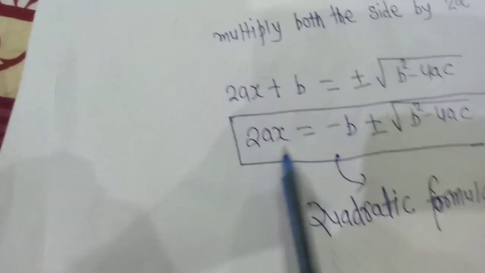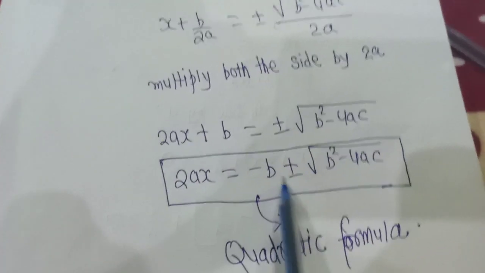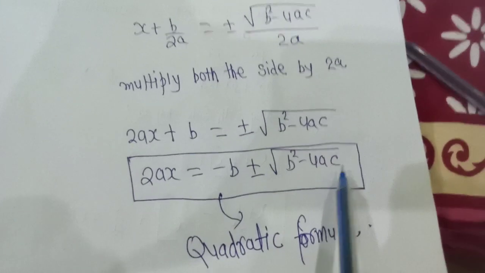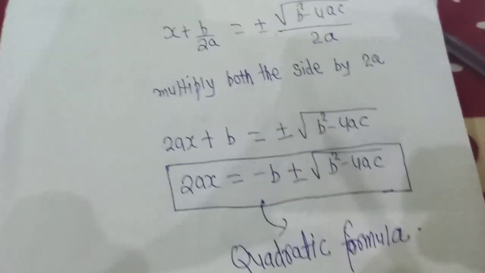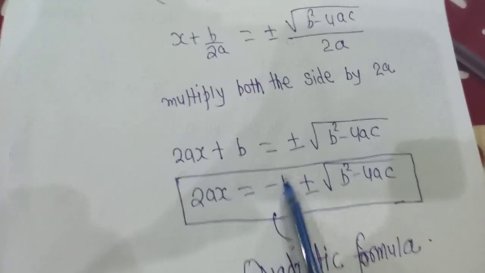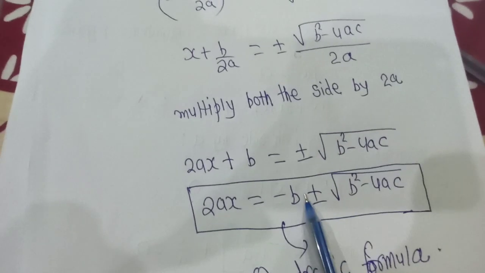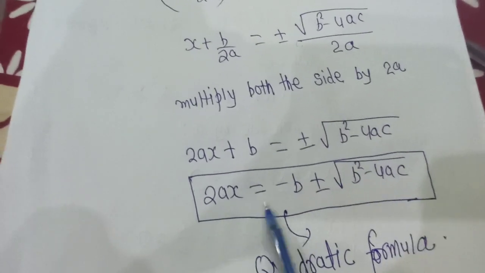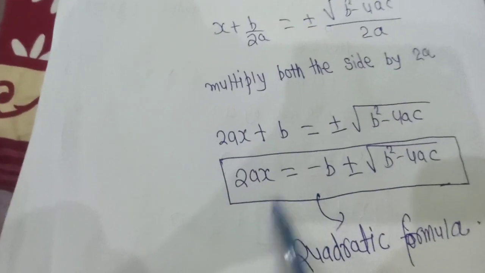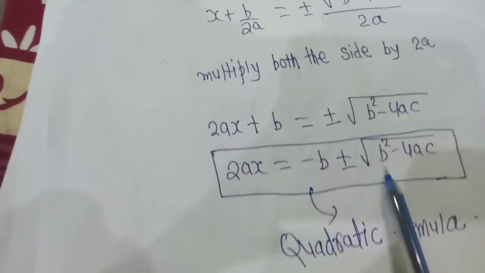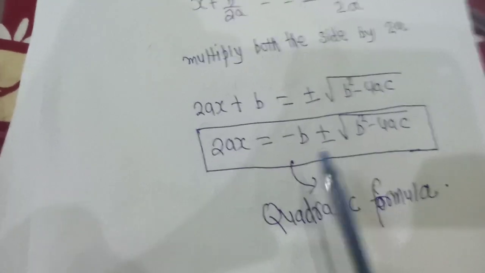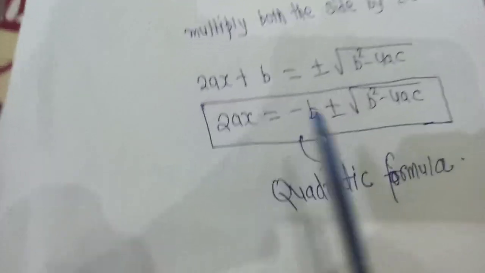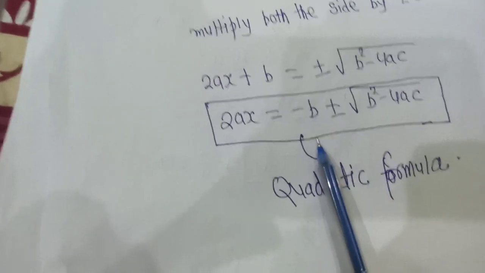So clearly these are known, b and a and c, so we can find the value of x from here. This is the quadratic formula we have arrived at,